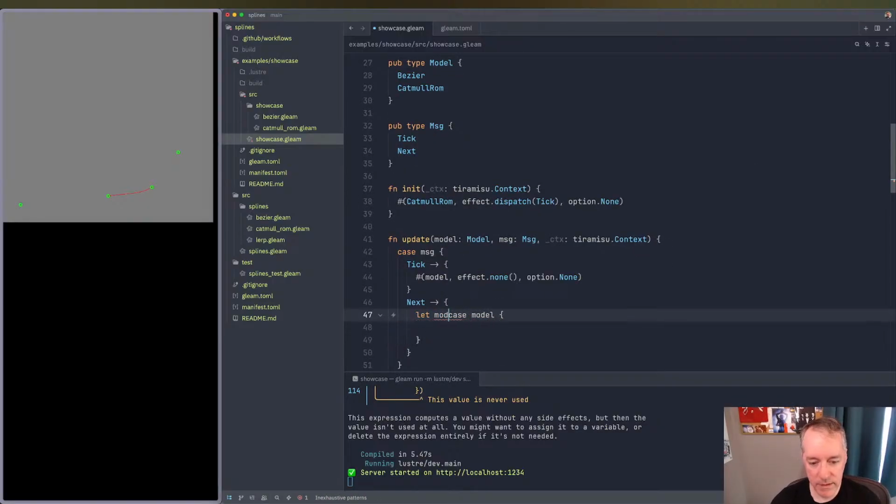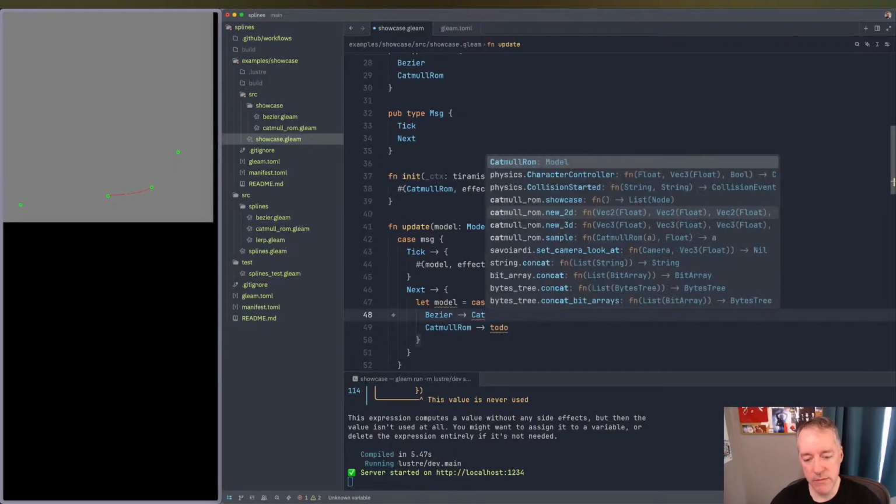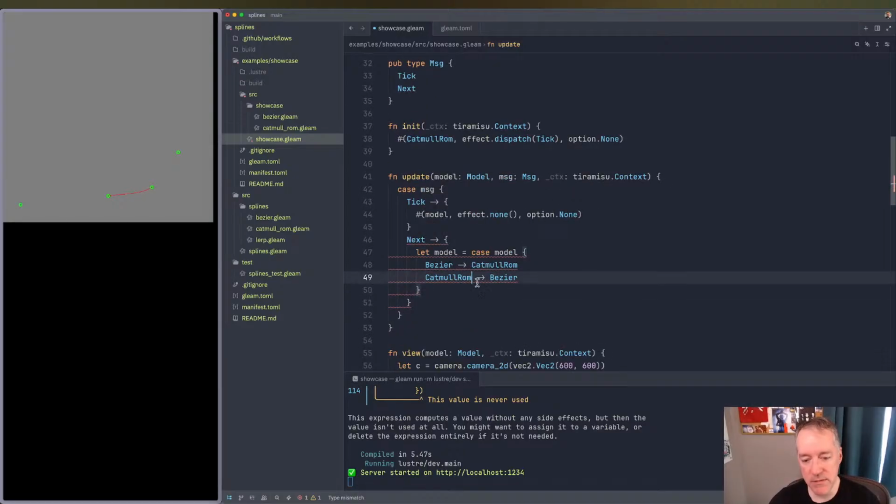We'll say let model is this. Add the missing patterns, and here we'll just make it go to Catmull-Rom. If we're on Catmull-Rom, we'll make it go to Bezier. And when we add more splines, we can